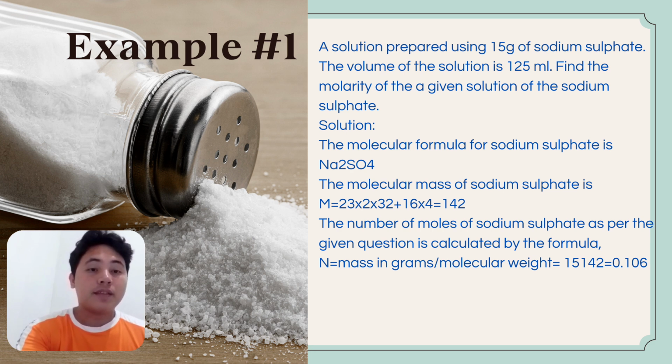The molecular mass of sodium sulfate, M, is equal to 23 times 2 plus 32 plus 16 times 4, which is equal to 142. The number of moles of sodium sulfate as per the given question is calculated by the formula n is equal to mass in grams over molecular weight, which is equal to 15 over 142, equal to